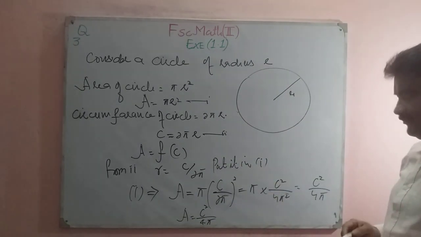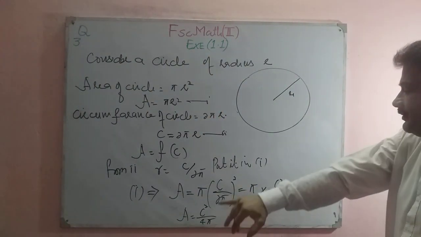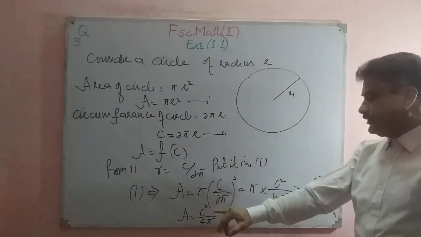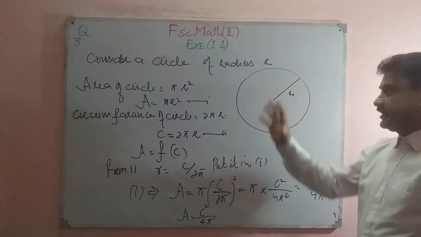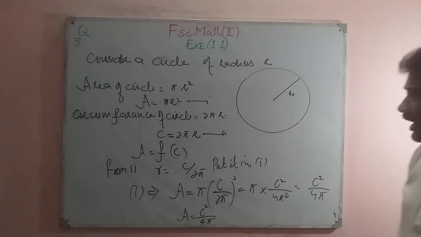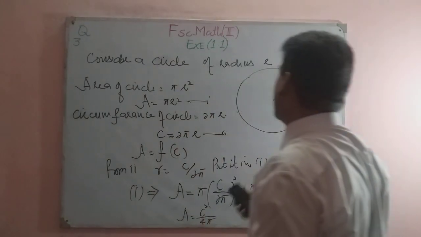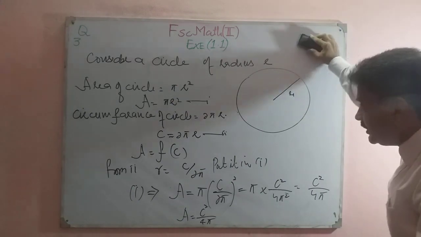This shows that the area of a circle is a function of its circumference. A is equal to c square by 4 pi. It is a relation between area and circumference of a circle. In the last part of the example, part 3, we have to show